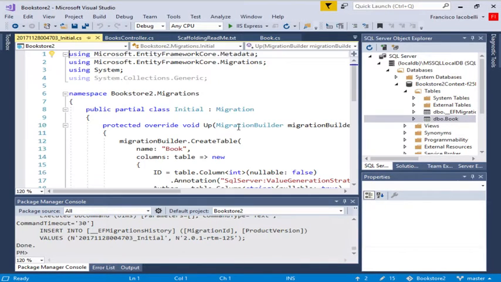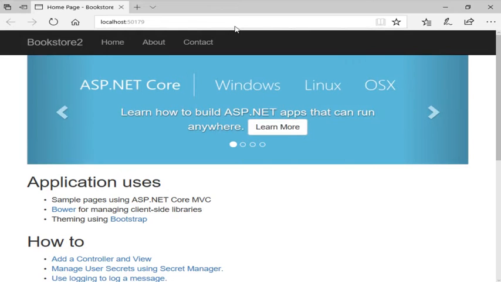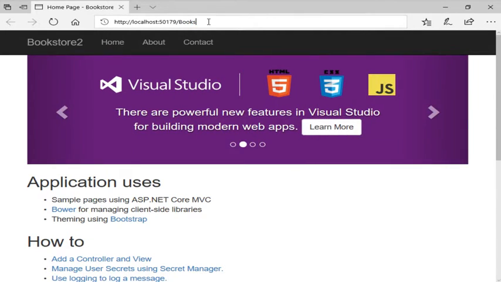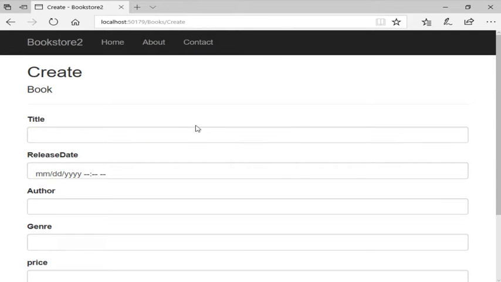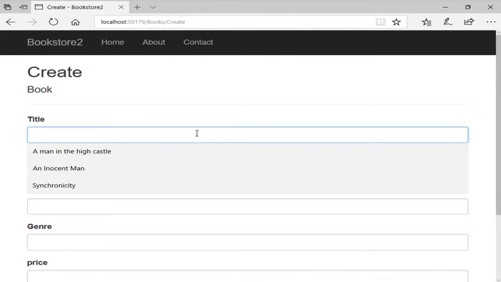So let's actually look at our application running, because believe it or not, we have a full-blown application here. Now we have our website, our regular website, but we're going to go to our books controller. So books. This takes us to the index page of books, which is a list of all the books we have. But we can always go to create new. It's the same thing as if we put books/create. So let's go create a new book. So now we're in the create page and we can create a book. So for example, we can create